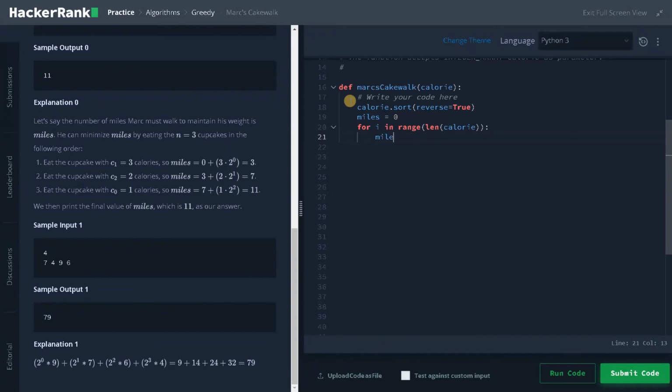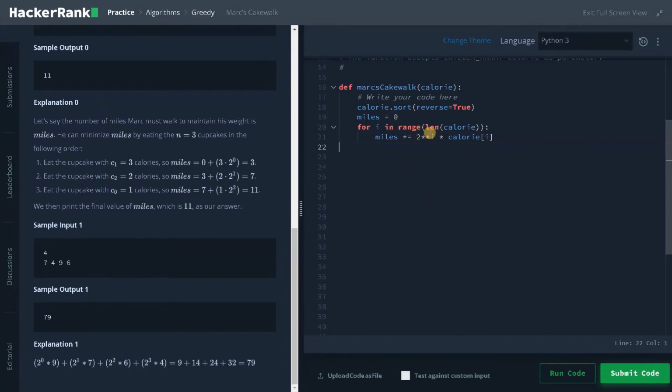Now miles plus equals, what is the formula? 2 power i multiplied by the calorie of i. Why am I doing this?